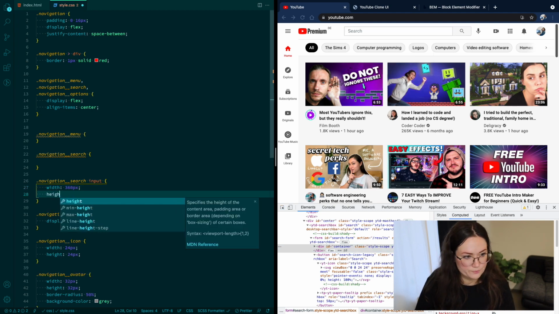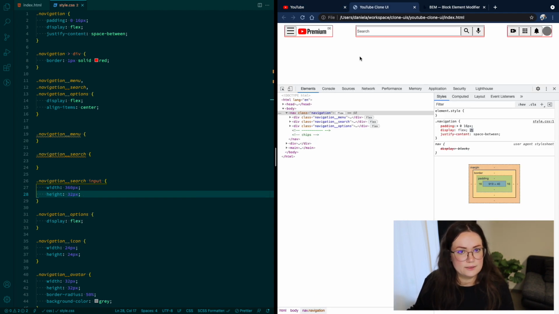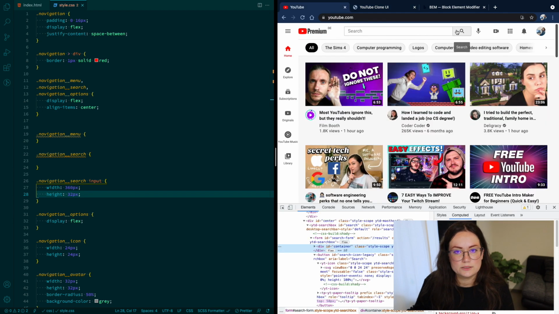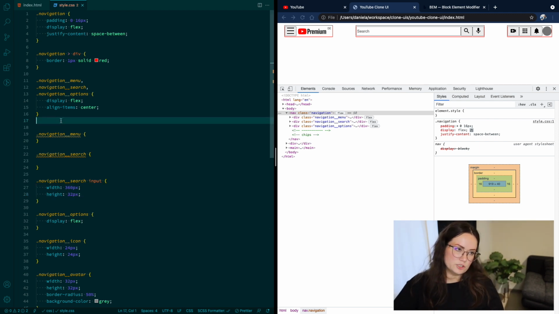Okay, let's see. Yeah, it starts looking nicer. Then we also have this button here. You see that we said they're all buttons for us, but all of them except the search icon are not going to have borders. So let's create a generic styling, or remove the basic styling of the button,